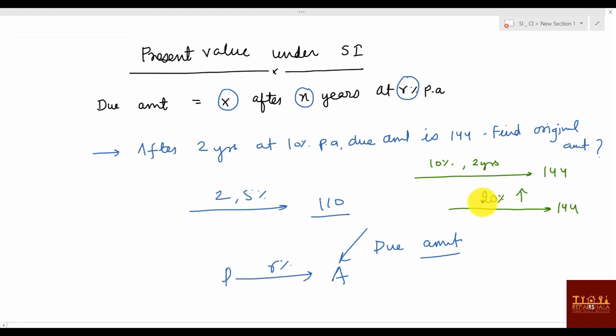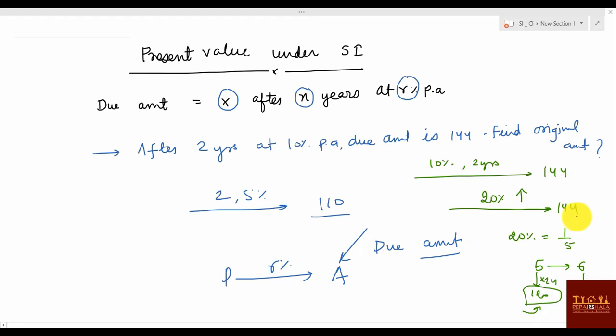How can you say 20% value? One way of saying, I can say 20% value is 1 by 5. 1 by 5 means 5 is increased and made 6. This 6 value is given as 144, which means one value is 24, so here also you have to multiply with 24, so this will become 120. So which amount will become 144? 120.